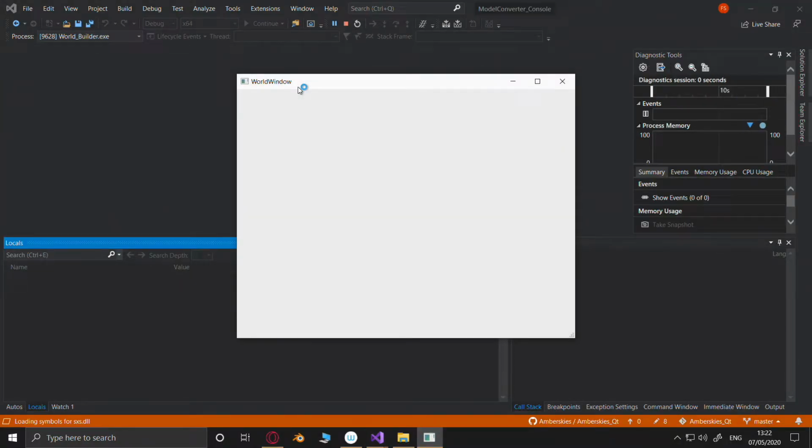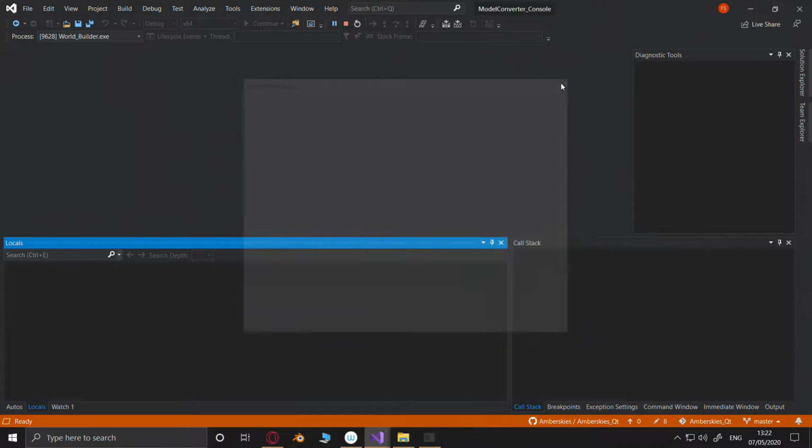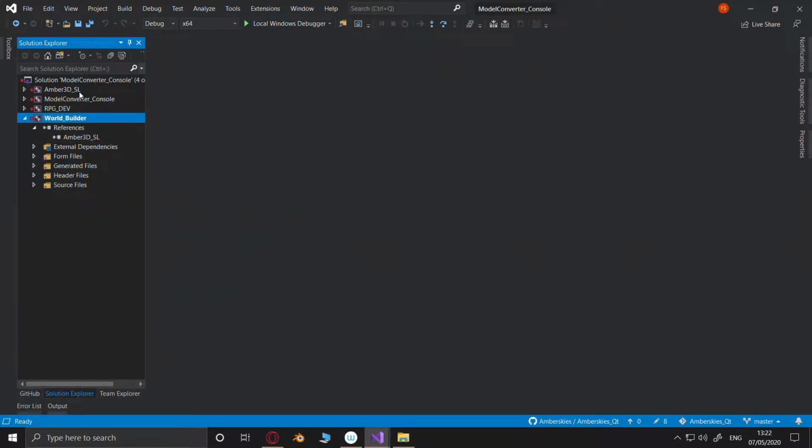Looks okay so far. Looks perfect. Yeah, so we have been able to access Amber SL. Excellent. Amber 3D SL must be able to reference it, otherwise we would have got an error. So we have our source files, we have header files. There we go, that's better.